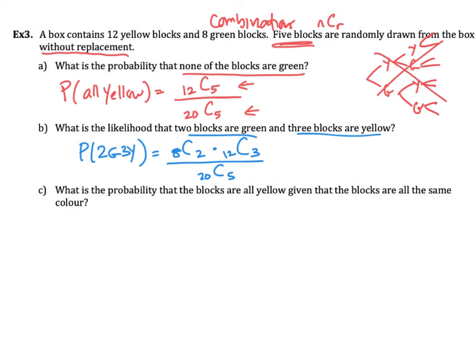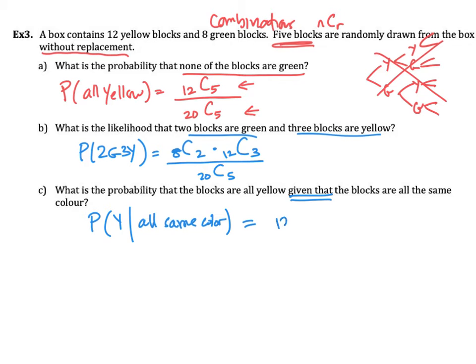Okay, the last one, what is the probability that the blocks are yellow given that the blocks are all the same color? So the probability that the blocks are yellow given that all are the same color. So that's the probability of all of them being yellow. Okay, I was going to write it out. That's okay, I'm just going to erase this. Probability that all are yellow